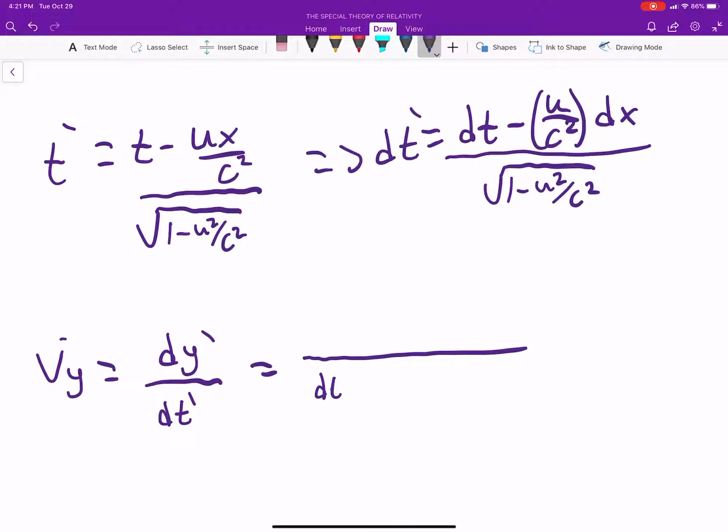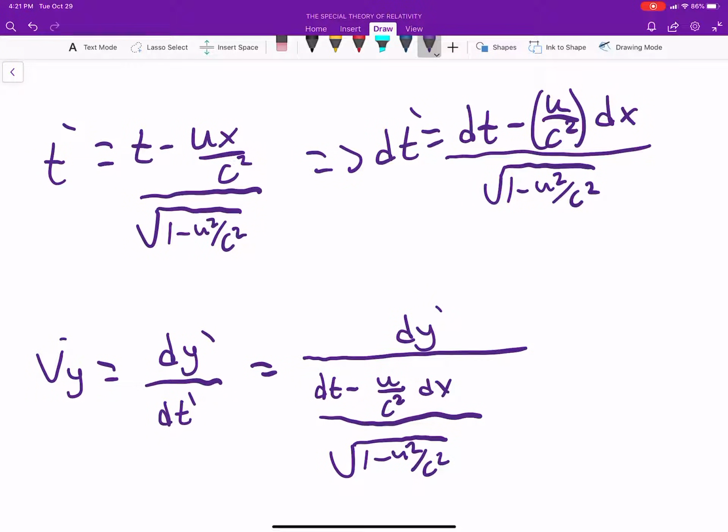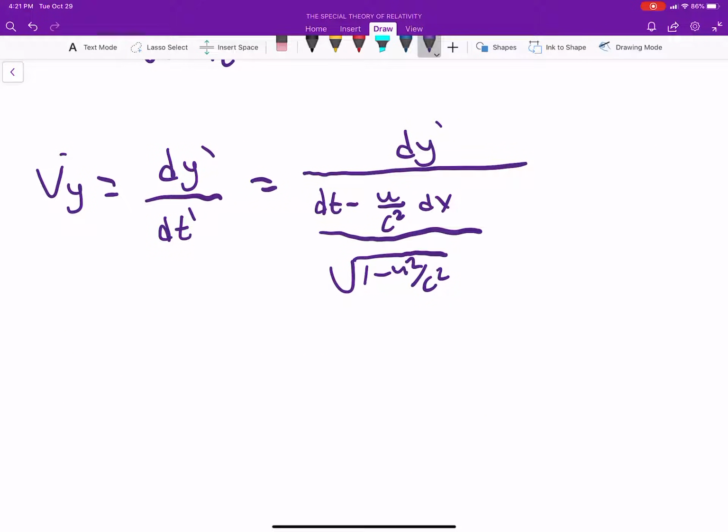So that's going to be dt minus u over c squared dx, and that's all going to be over the square root of 1 minus u squared over c squared. And then we have dy prime at the top. A little messy, but if we flip it, that's the same thing as the square root of 1 minus u squared over c squared times dy prime